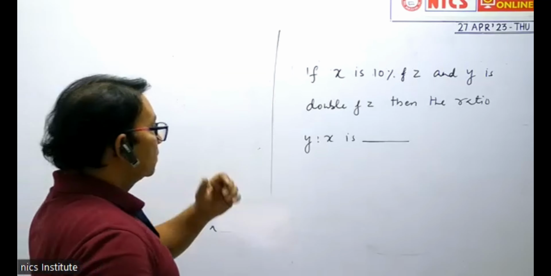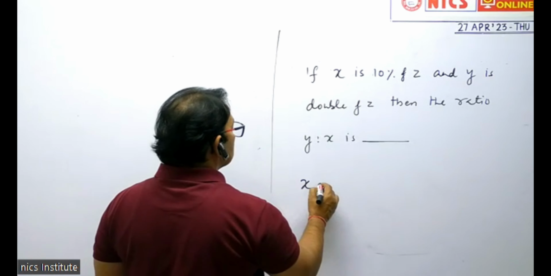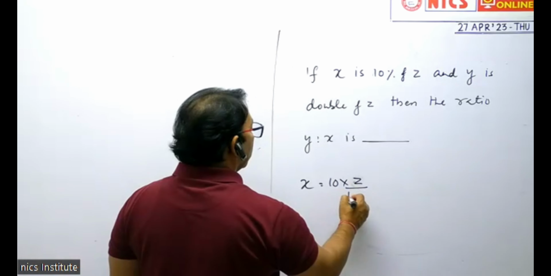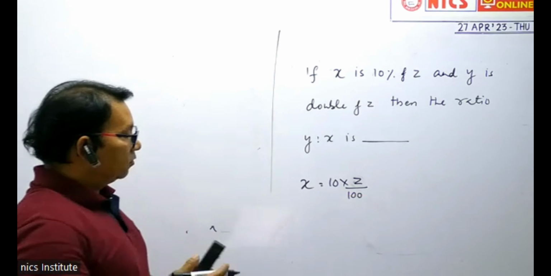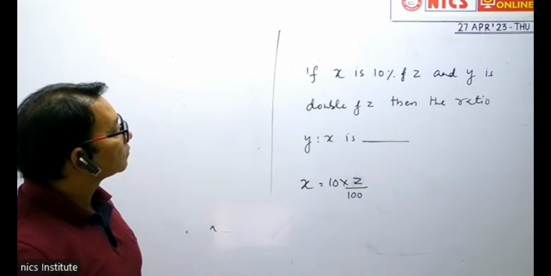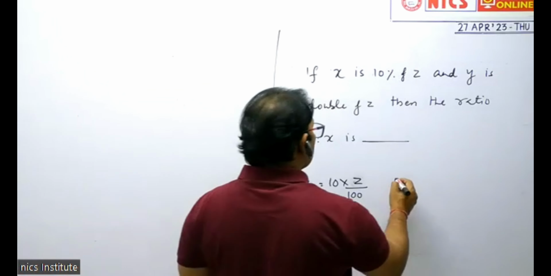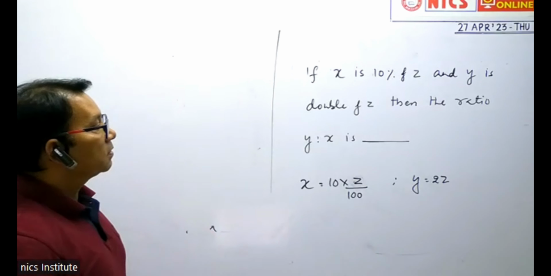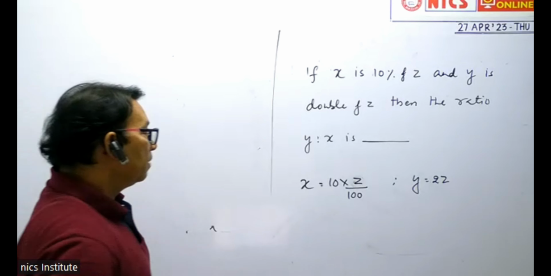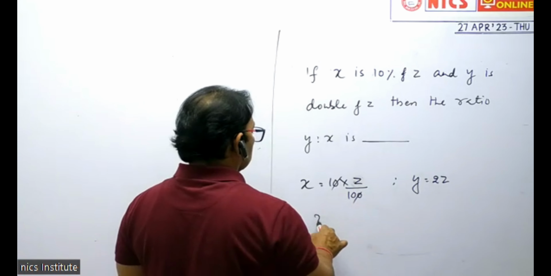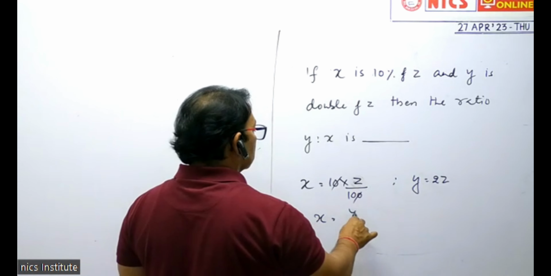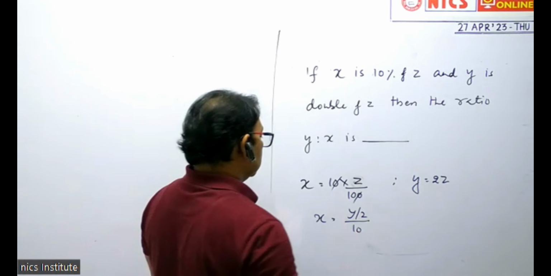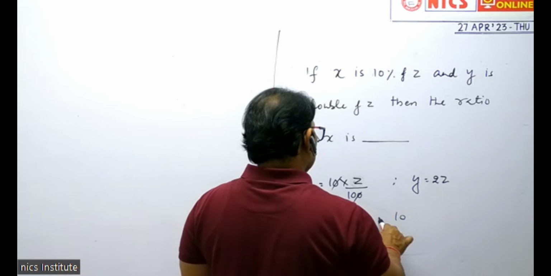X is 10% of Z. How do you find 10% of Z? This into Z by 100. And Y is double of Z. And the question is, find the ratio Y and X. You can replace Z. Simple. Z is y divided by 2. So the ratio, y is 2x. That gives you 10x is equal to y by 2,